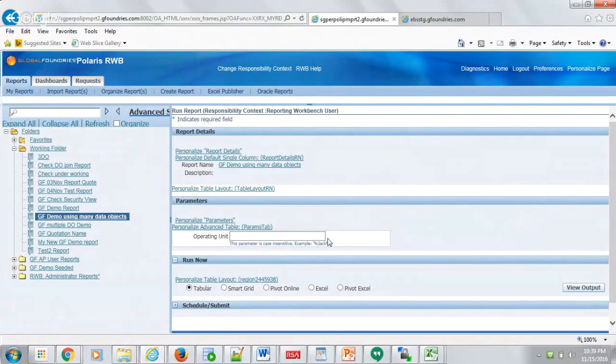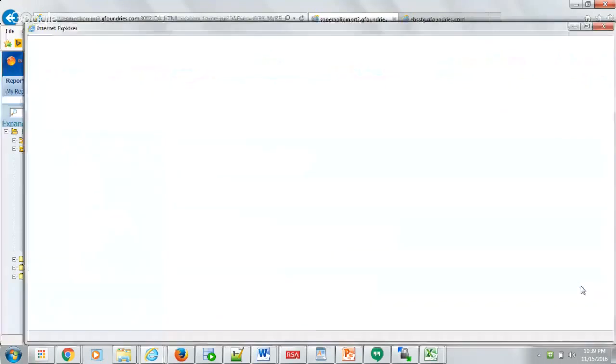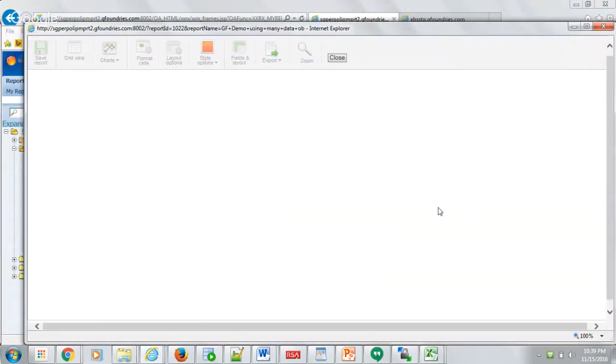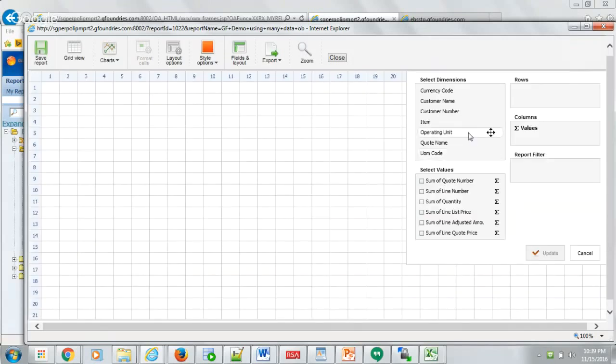Let's see the other output options in Polaris, pivot online and pivot Excel. So let me try to use parameter and run pivot online. So this generates a pivot with the dimensions and the values. So we can select what we want to see in the rows and what